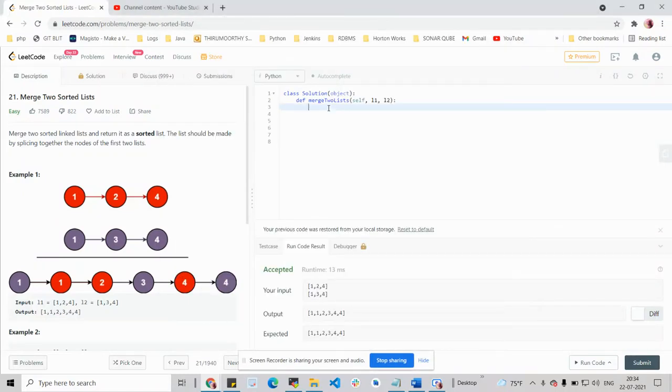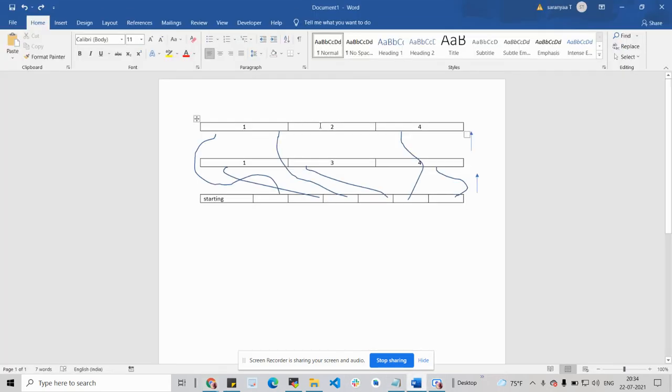Hi, in our last solution, we were discussing an iterative approach. We can also obtain the same end result using a recursive approach. If you observe our iterative approach, we had a third newly created list, and we were comparing each and every value of the nodes between the two lists and then pushing it to the new dummy list.